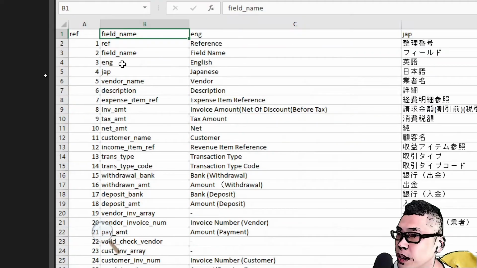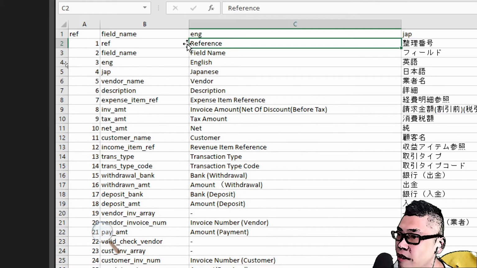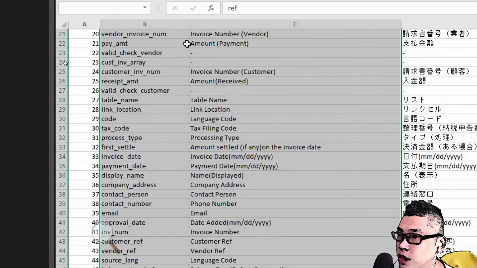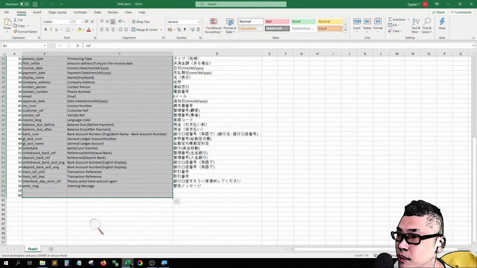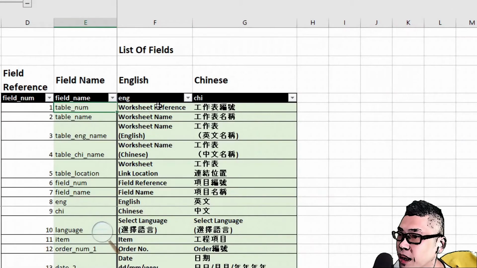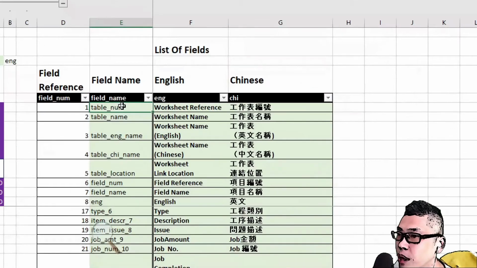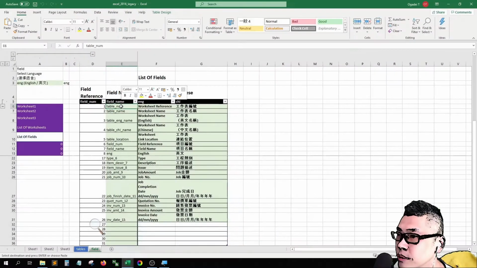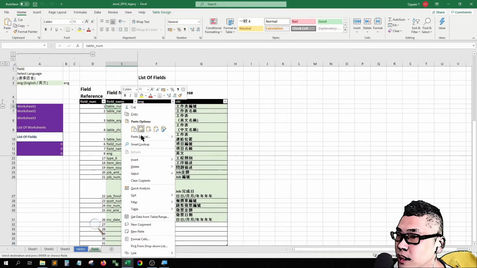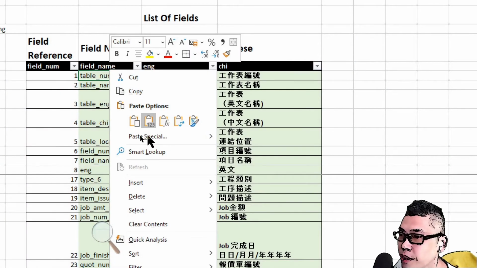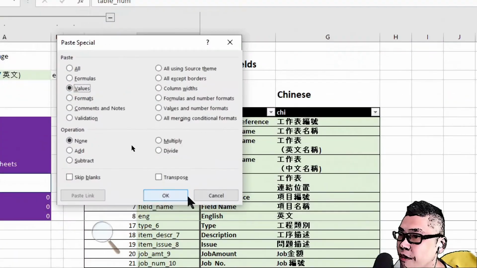You can just copy the English column, but since I also have Japanese, let me just copy English, align it, field name in English, select all, go to field number, and then right click, paste special, values. I just click paste special and then values only.